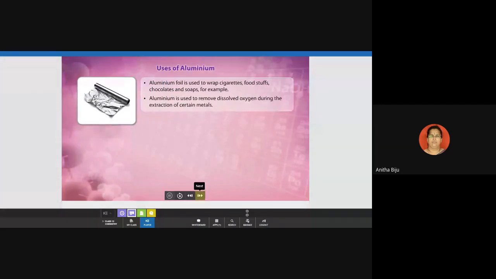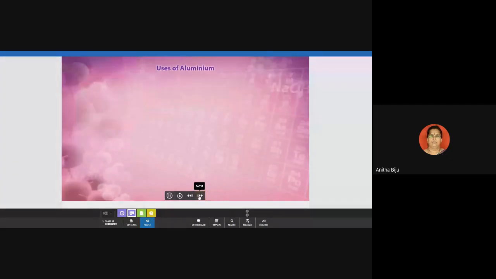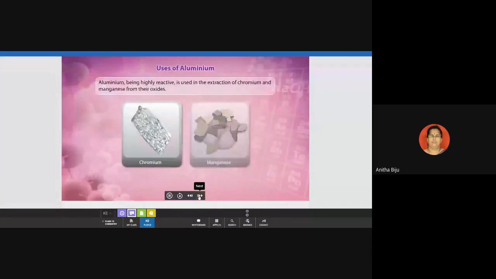Okay, you can put the example also. Aluminium, Al plus Cr2O3, chromium oxide. Here, in the second point, you can write the example. Al plus Cr2O3, we get Al2O3 plus Cr. So this is the example you can remember. And in this case, aluminium functions as a reducing agent. And further uses of aluminium, it is already mentioned here. Aluminium being highly reactive, it is used for the extraction of chromium and manganese from their oxides.